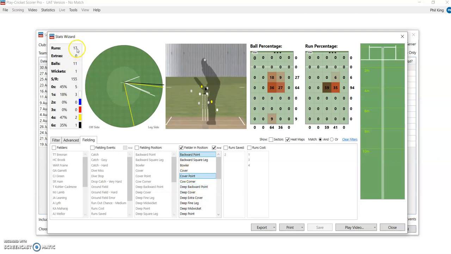So 11 balls, 17 runs. If you look at it quite basically on the wagon wheel, did any of the batsmen try and score runs and beat those three fielders who are all up on the ring? Obviously we need the video to tell whether they attempted to, but they certainly didn't succeed, as there were no runs scored through there. All the runs were scored through here. If you then play the video,